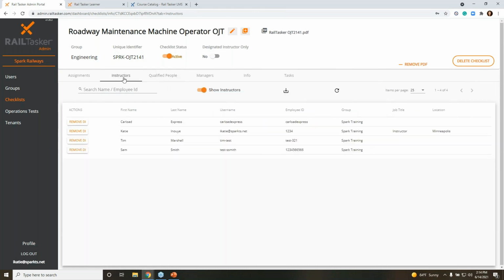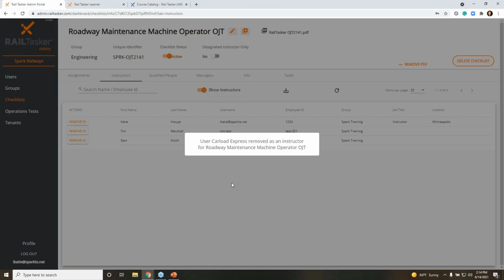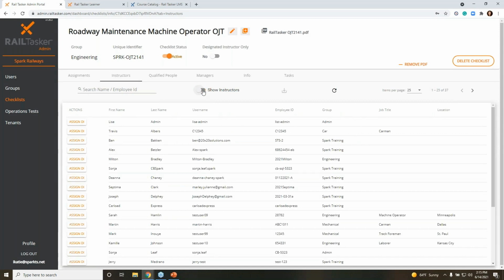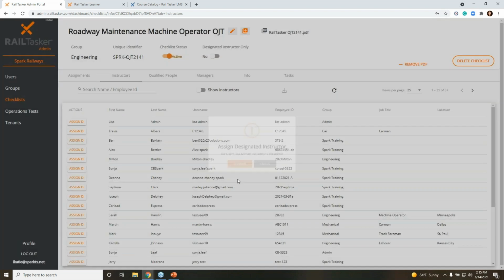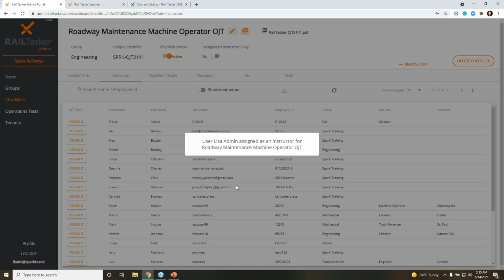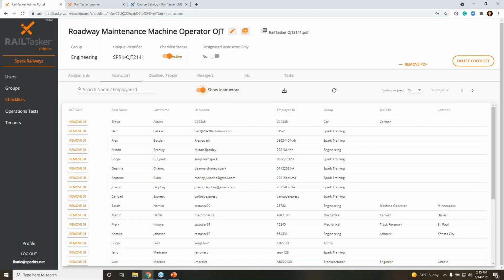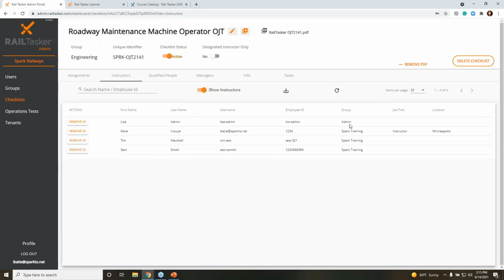The other thing is that it will also keep a list of your designated instructors. If you need to add an instructor, you turn the toggle off and you can assign somebody as an instructor, and it's as simple as that. For those of you using Railtasker, that just gives them the right permissions, but it also manages that from a 243 perspective. And then once you have your list of instructors, you can export that to the CSV file if you were to ever need it.